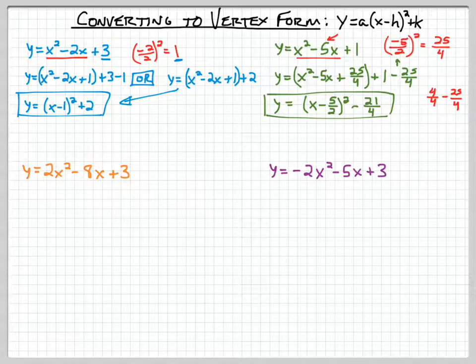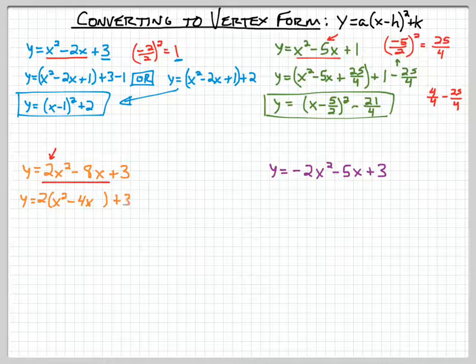All right. So now let's look at, or not a perfect square trinomial, our vertex form. So let's look at the orange example. The orange is a little bit more complicated because we have this 2 in front of here. So in order to complete the square, we have to factor out that 2 from this piece that we focus on. So to do that, first we'll just pull out that 2 and we'll rewrite the rest of the equation